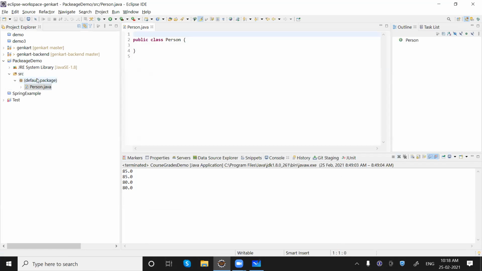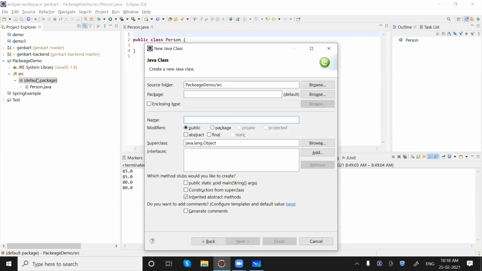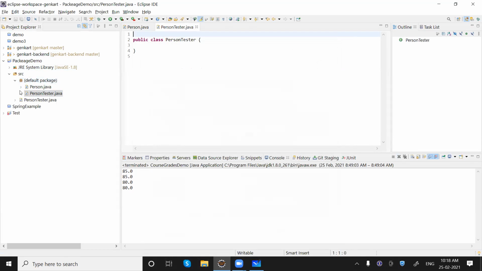And in the same package, I am creating another class, that is PersonTester. For this particular program, you can see we are using public for both of the classes. In this class, we will have the main method. Now I'm saying Person p = new Person(), that is accessible, we can see.